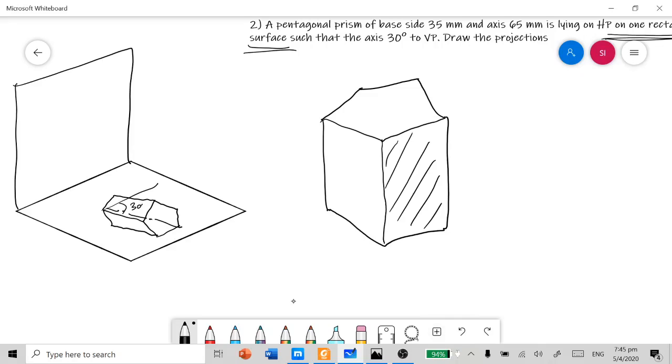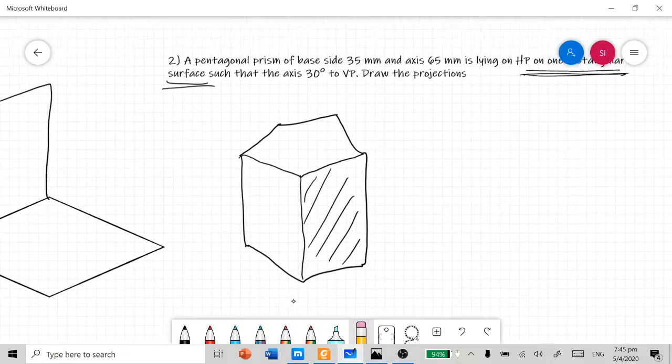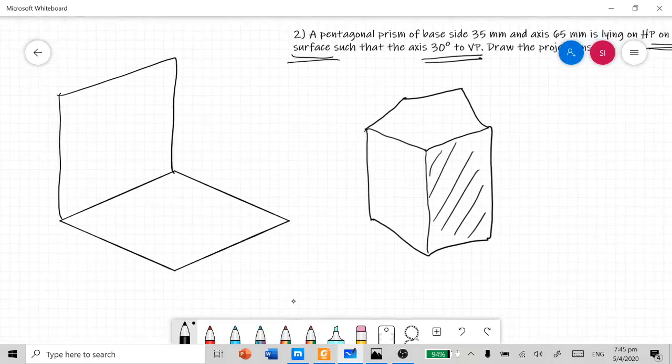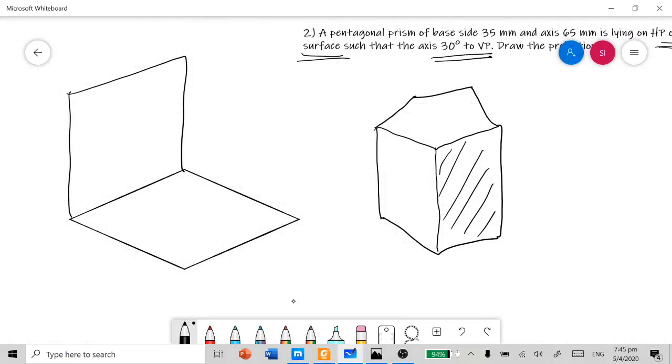As usual, we can make the solid axis perpendicular to VP, because in the final condition it is going to have 30 degrees inclination with VP. First, in order to see the base view of the solid, we need to make the axis perpendicular to VP.